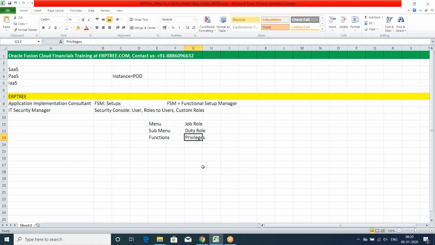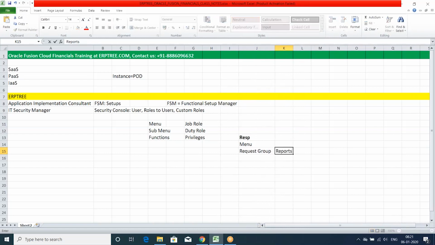In EBS, when you create a responsibility, within the responsibility you have a menu and a request group. Within the menu you can have submenus and functions. Within the request group you have the concurrent requests, meaning reports or programs.